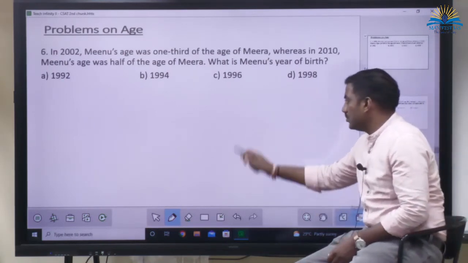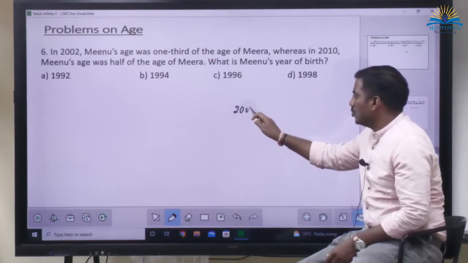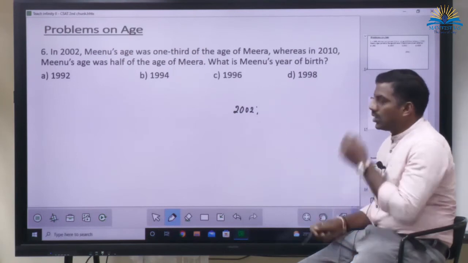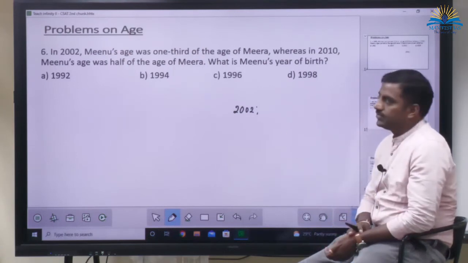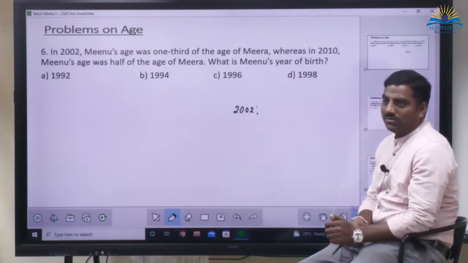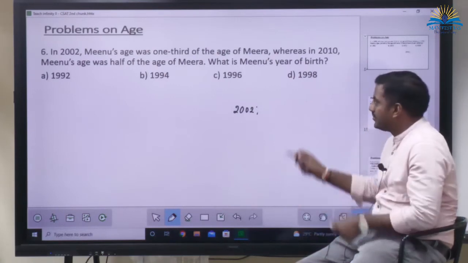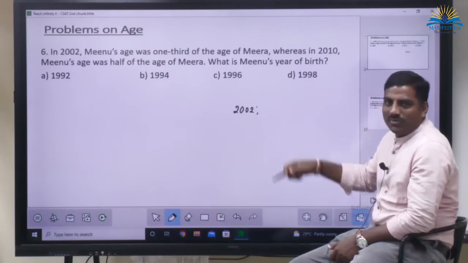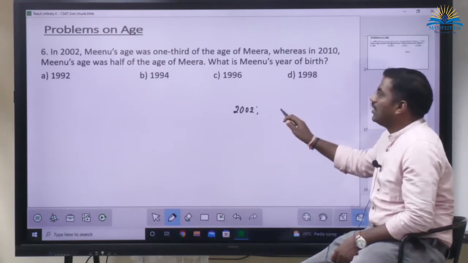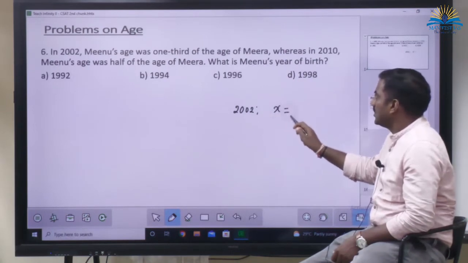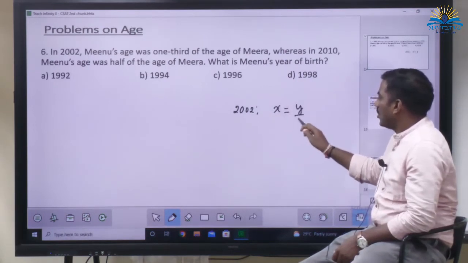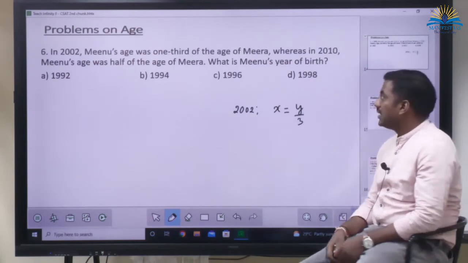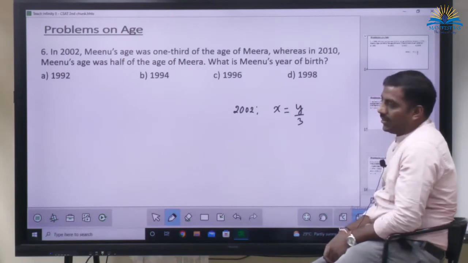So in 2002, Minu's age. What shall I take for Minu? Capital M, small m? Or simply take X, you are more familiar with X. X's age was 1/3 of Y. Is this okay? Yes. Then in 2010,